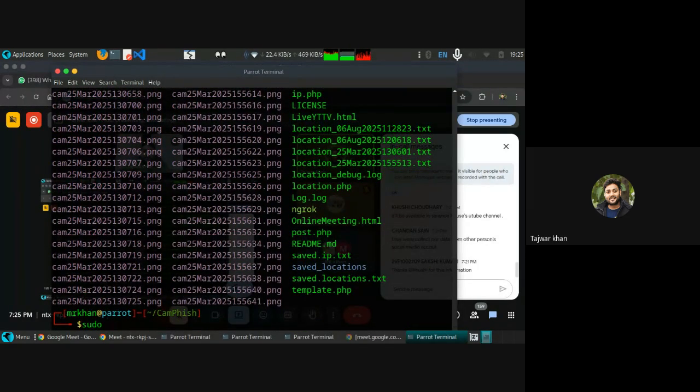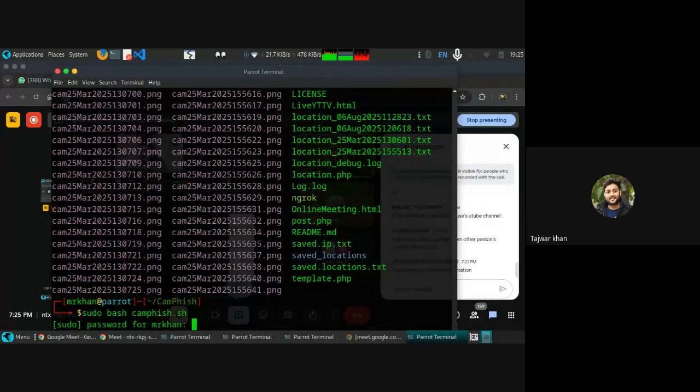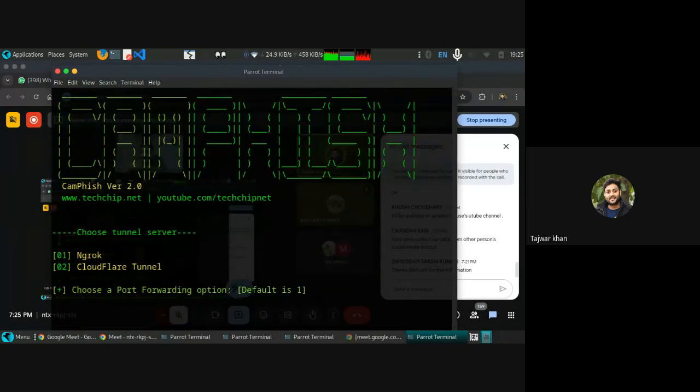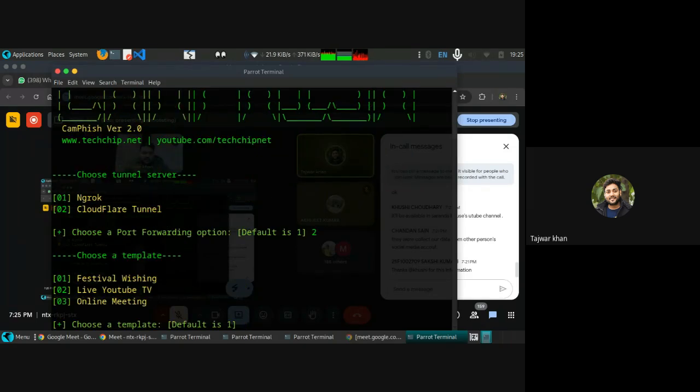Now I'm writing sudo, which is a command that lets us run something, then camfish.sh. It is asking me for my password because I have to give a password. Now this tool is asking me for something, so I'll choose the second option, then the festival.